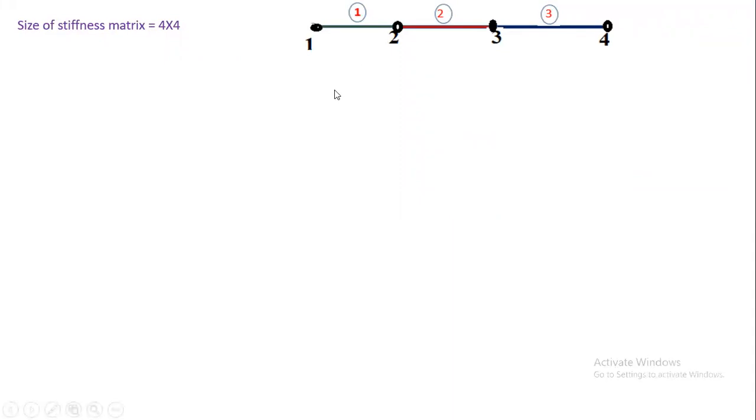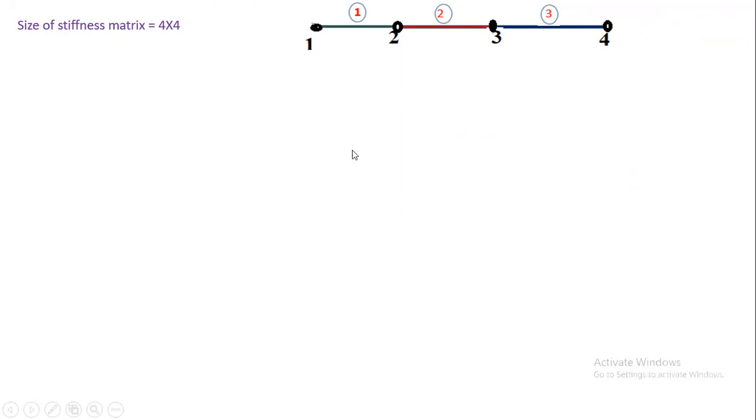So for understanding the assembly, you see the locations of the K1, that is stiffness matrix of the element number 1, in the global stiffness matrix, stiffness matrix of the element number 2 in global stiffness matrix, and stiffness matrix of element number 3 in global stiffness matrix.